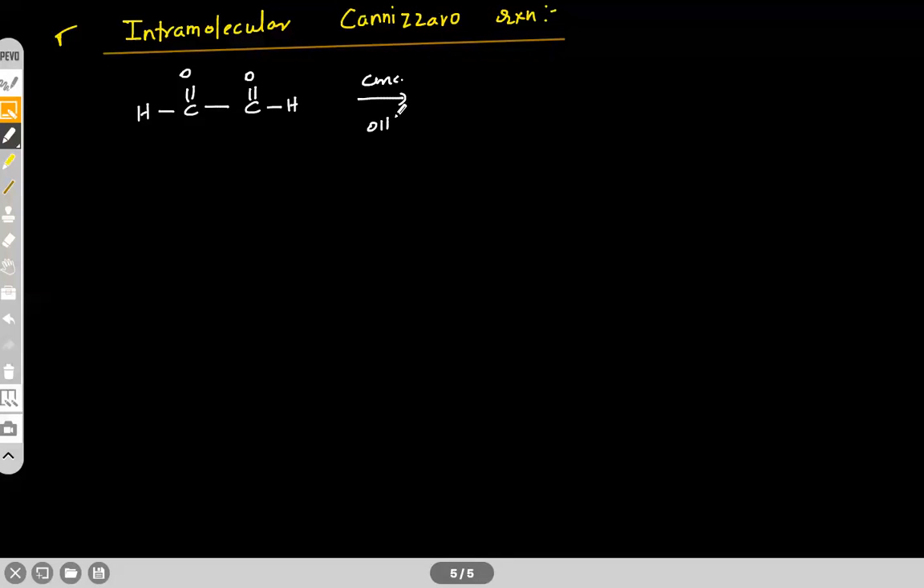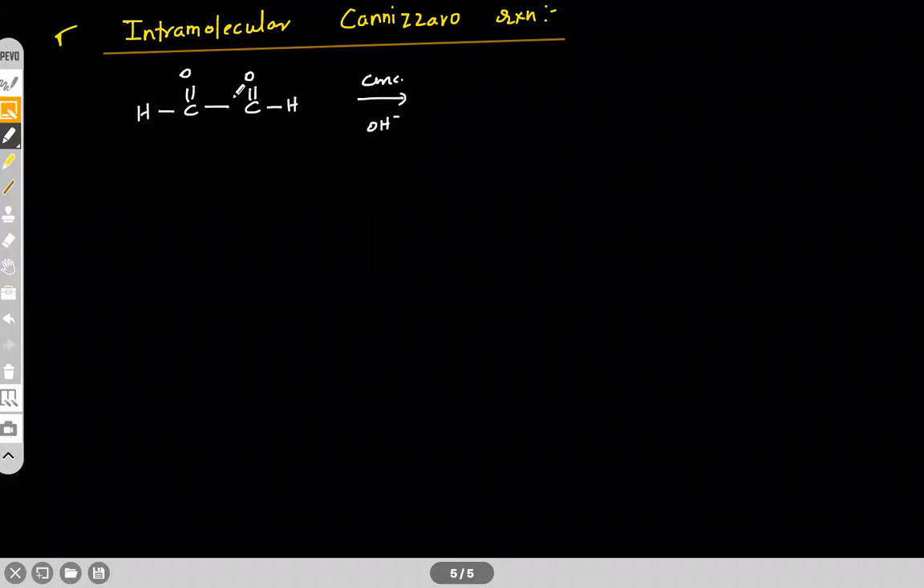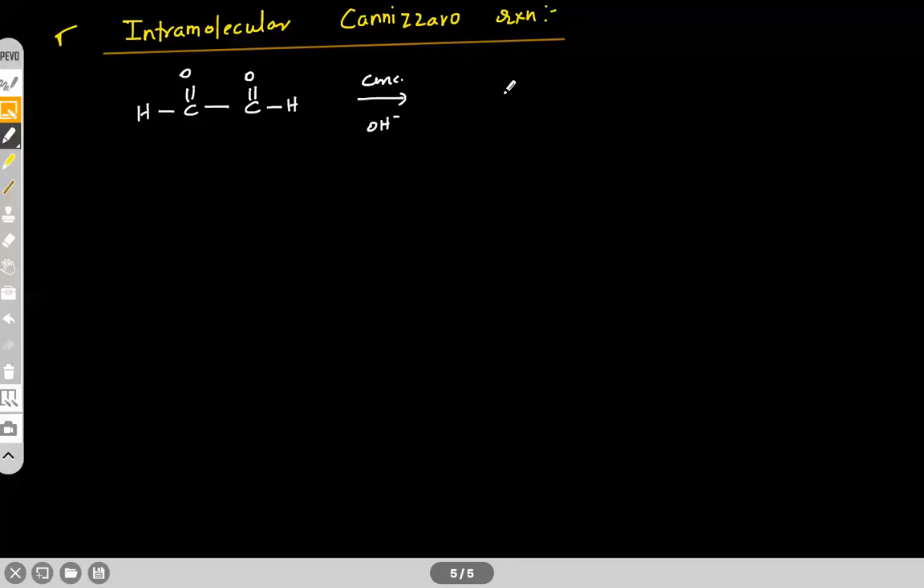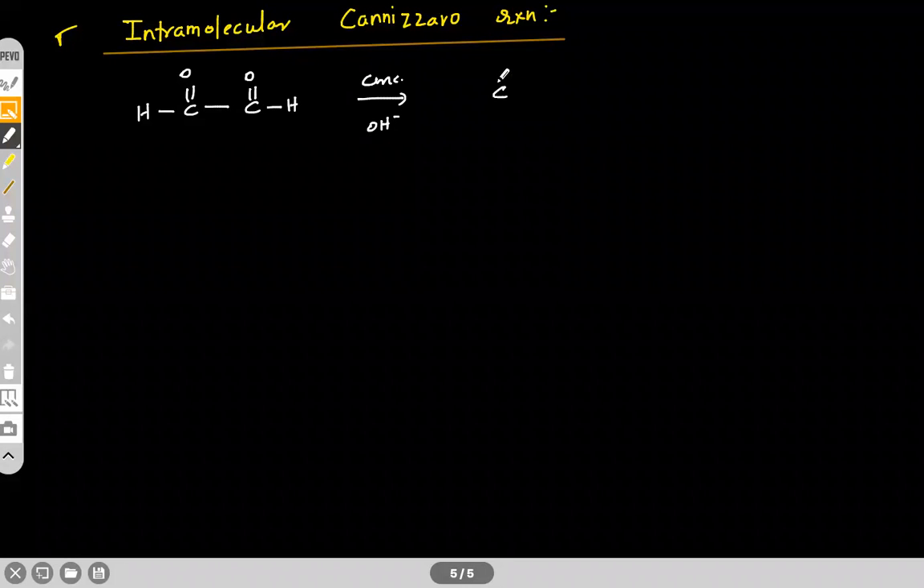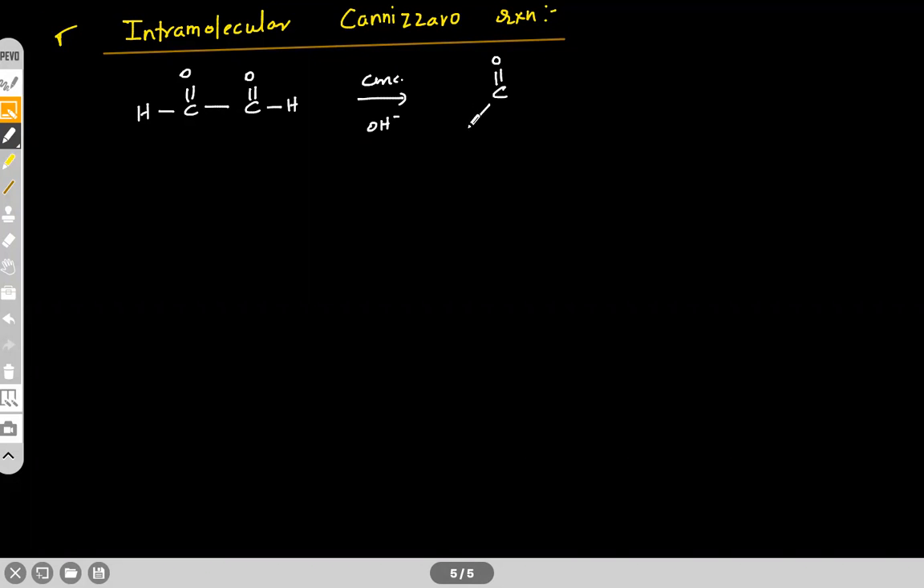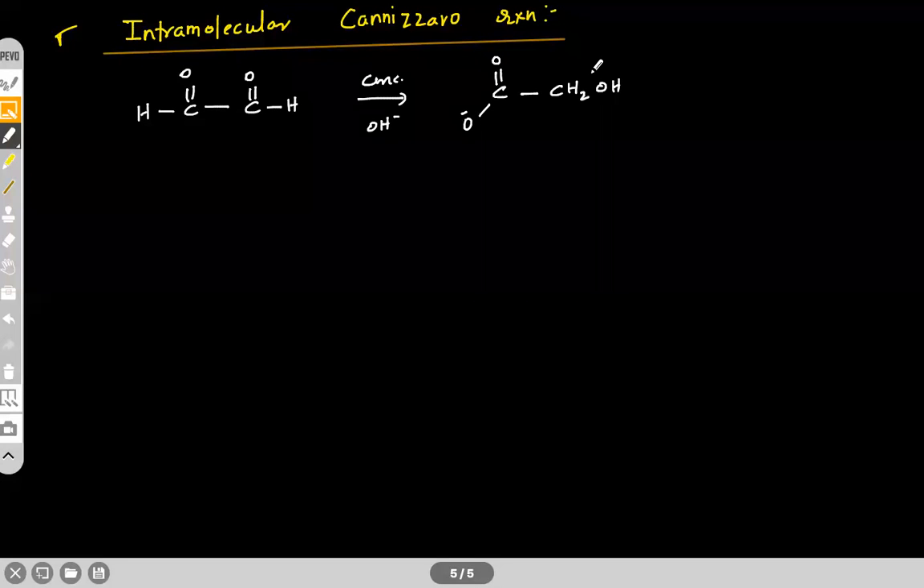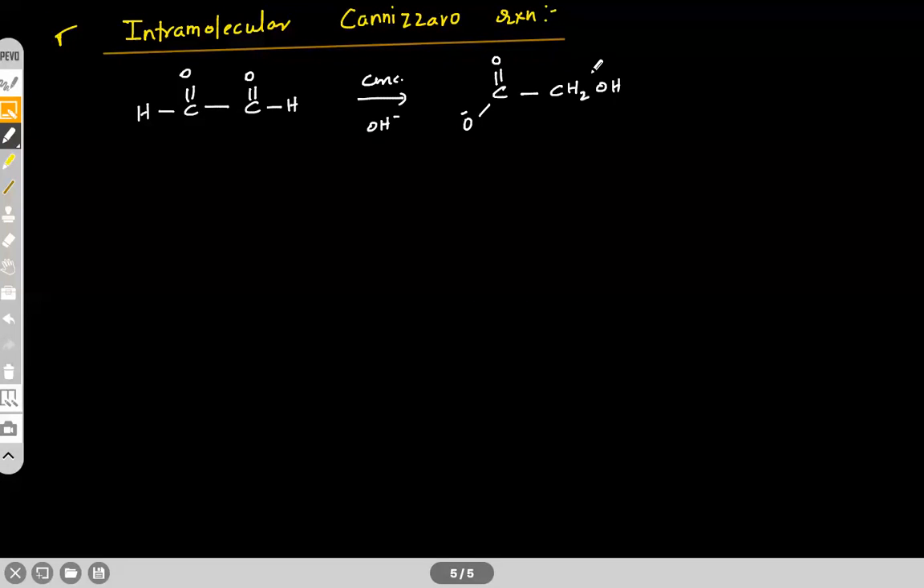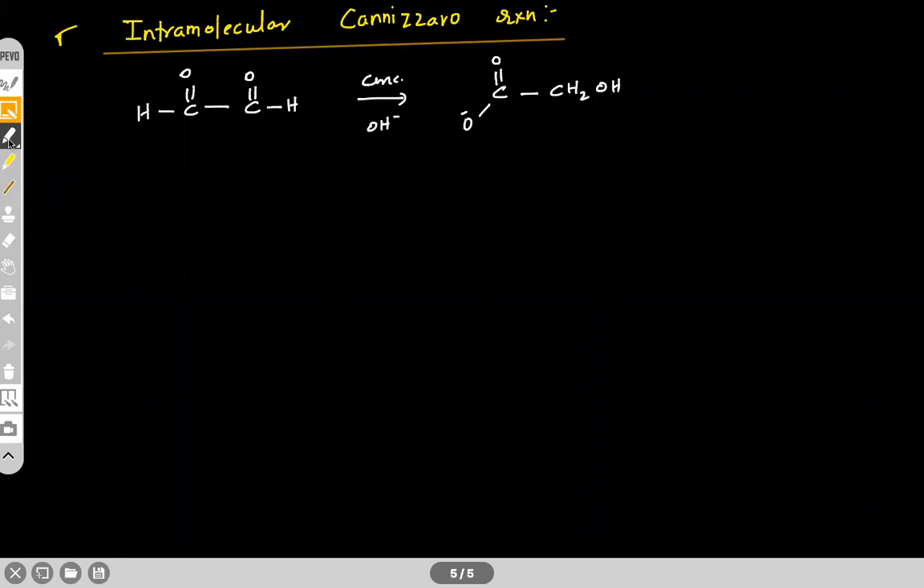Concentrated base. Okay, so in the two molecules, we have two parts. One part will go under oxidation, for example, this minus, and the other part will go under reduction, so CH2OH. This is the product in this reaction. Okay, if you want to see the mechanism here,